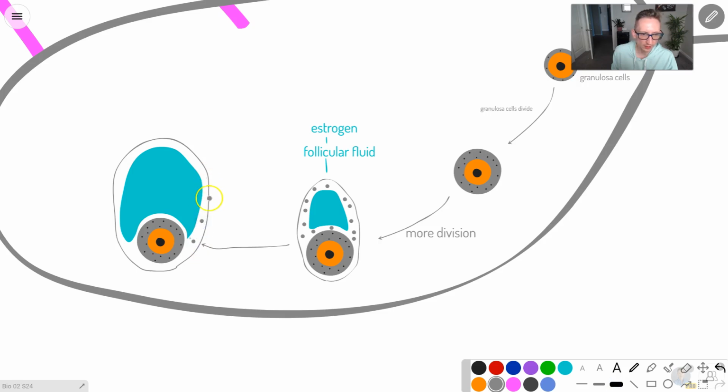This is still all cells around here. I don't really like the way that looks with those huge cells, but whatever. So the antrum enlarges,